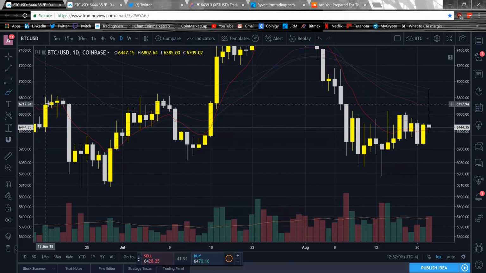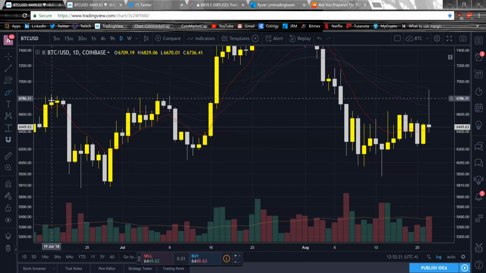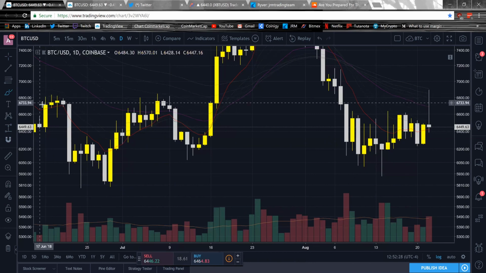At some point in this day, and this day, and this day, price attempted to move up to the 6,800 level, and then every day was rejected by the end of the day. And as we can see, after 1, 2, 3, 4 days of this in a row, it eventually led to